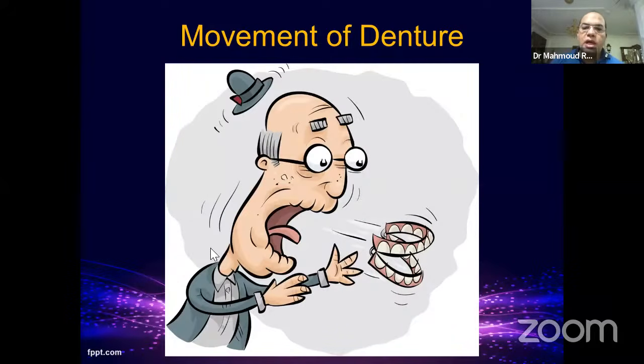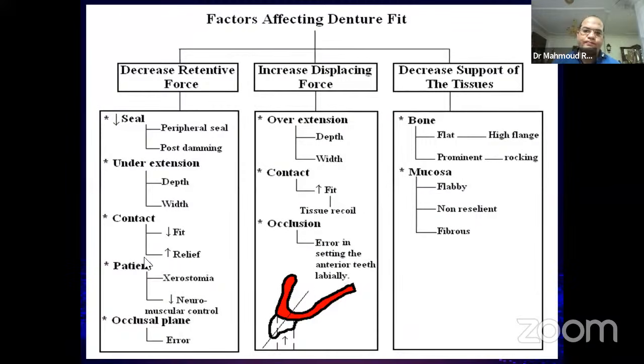Okay, then we will talk about the movement of the denture. This is a very common problem the patient complains of. The loose denture will be due to these three causes: decreased retentive forces, increased displacing forces, decreased support of the tissues. Decreased retentive force may be due to